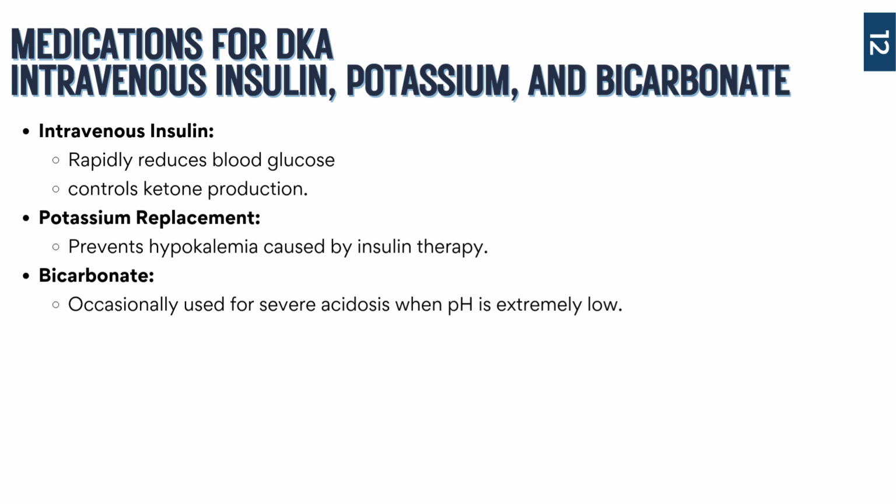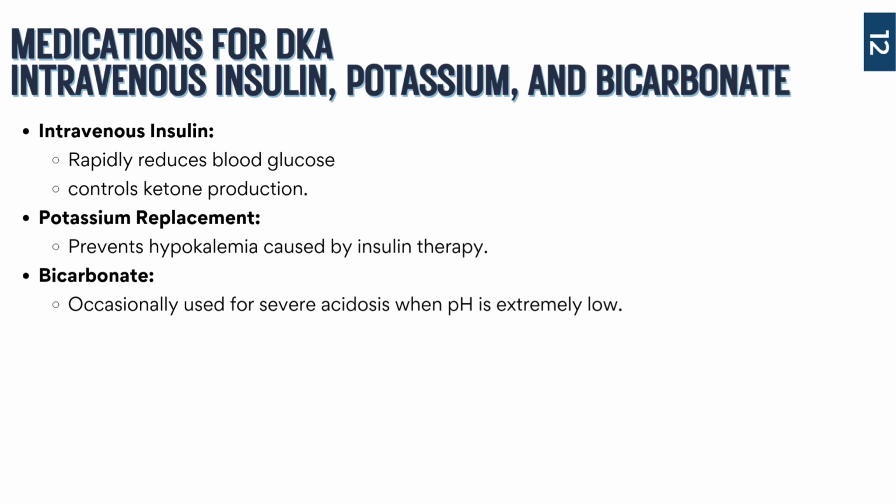So before you start insulin, especially an insulin drip, you might want to check to make sure you at least have a normal potassium level. If your potassium is already low, for whatever reason, we might want to hold a second and make sure that we have potassium on board before we start giving this insulin, because it might drop too dangerously low. Okay. So that's one of those things that we want to check before we give the med. Before we give insulin, we want to make sure potassium levels are at least within normal range.